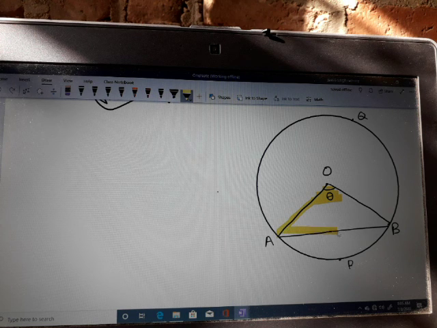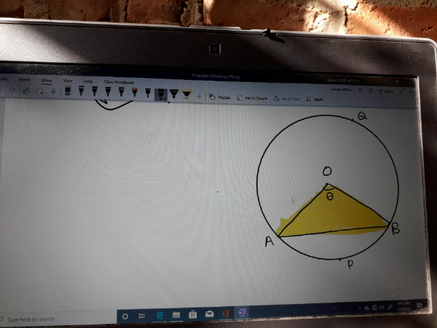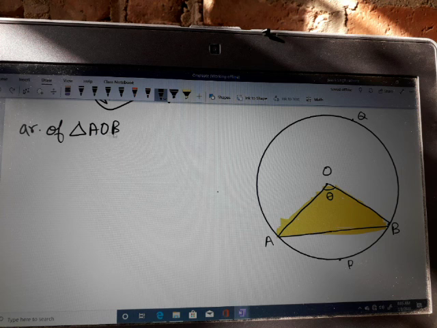AOB. I am finding the area of this triangle, the colored part here. This is the colored part. How will I get the area of this triangle? You have to find the area of this shaded region, that is the area of triangle AOB. I will represent area in short form as area, ठीक है. How will I get the area of this triangle AOB?